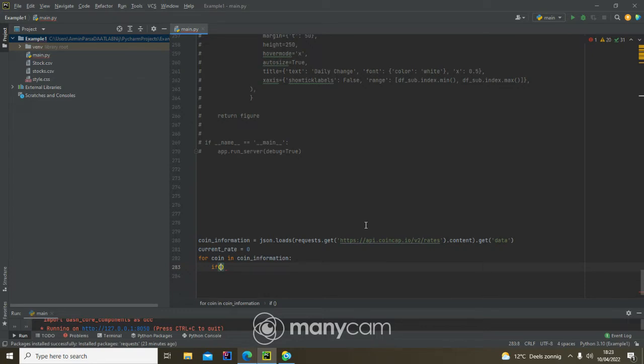If coin.get symbol is equal to BTC, because BTC is like this on that page. If that happens, you make a for loop there. When you hit Bitcoin, BTC, when you hit that,